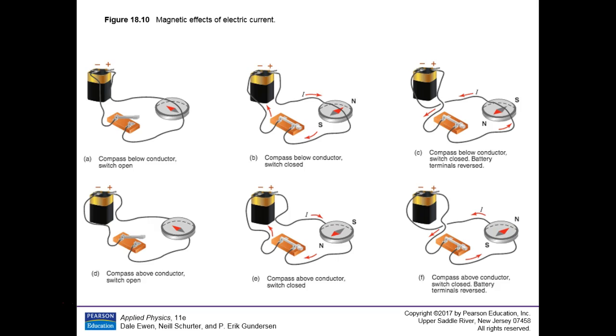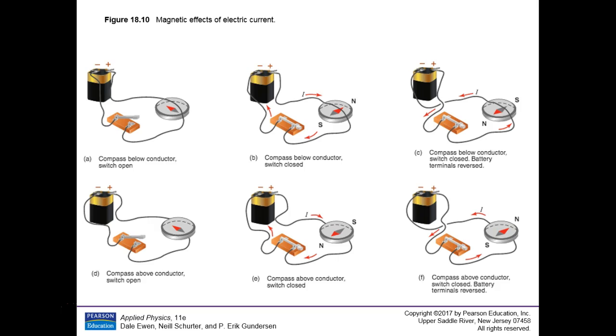That was C. Here's D over here. Open that up, and the compass goes right back to pointing north again. And what we've done is we've also now put the compass on top of the wire, not under the wire. Here it was under the wire, here it's on top of the wire. With the switch open, it's pointing north again. But as soon as you close the switch, with the current flowing this way, the field lines coming across the top are now pointing that way rather than this way. So you see you have field lines around the wire, and they go in a circular pattern.